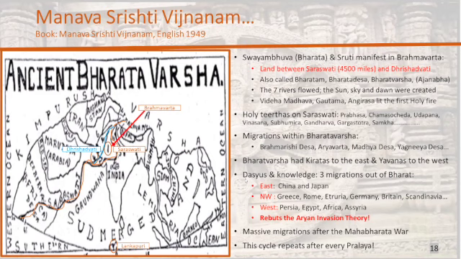Now, Pandit Kota Venkatachalam, I think, was a pioneer in the out of India theory. He refuted the Aryan invasion theory, and he always maintained that the migrations were out of India, not into India. And he identifies three major migrations out of Bharatavarsha. One is to the east, which is to China and to Japan. So there was one huge migration that went to China, to Japan, because remember, that was all one solid landmass.